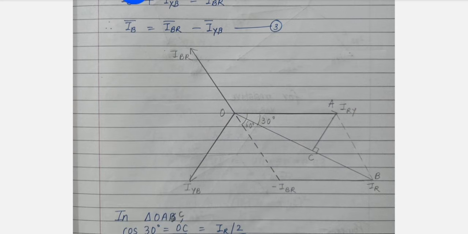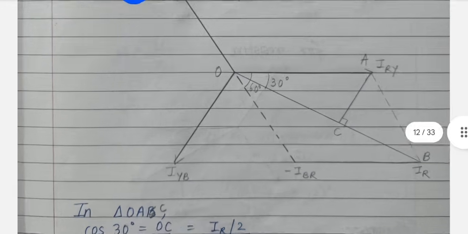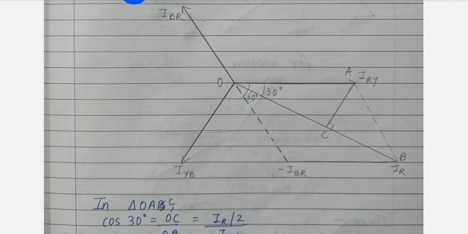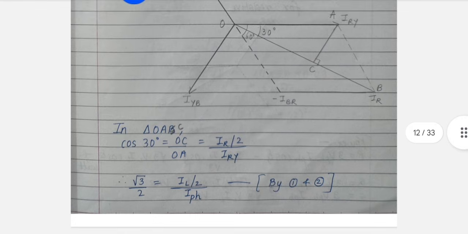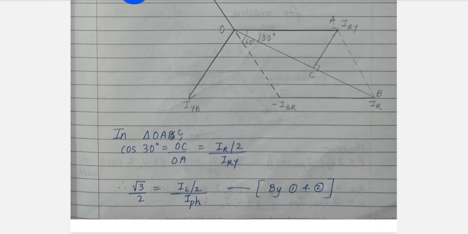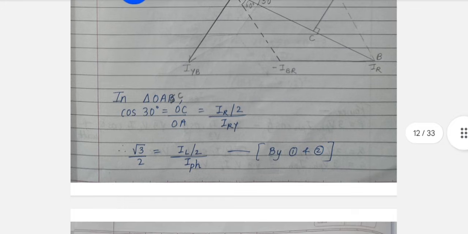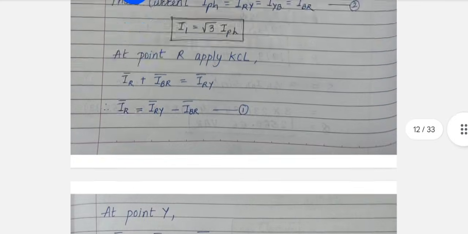And here this is the phasor diagram, a simple one. You can draw such a type for your star connection also if the question is not for that many marks. This time you have to mention IR, IB and IRY, IBR and IYB. Same, you have to take 120 degrees, and here you have to mention the perpendicular over OB, that is AC. Then you have to consider in triangle OAC the same thing: cos 30 degrees is equal to OC upon OA, but this time if you see in the diagram, OC is IR upon 2, and OA is IRY, and as they are equal to IL and IPH as we have written over here.